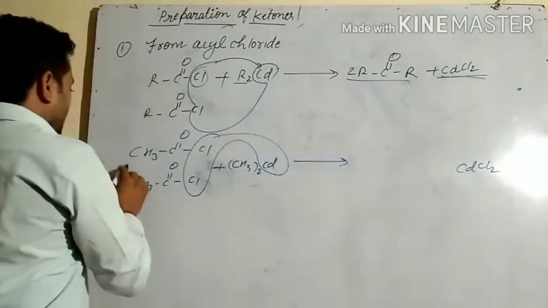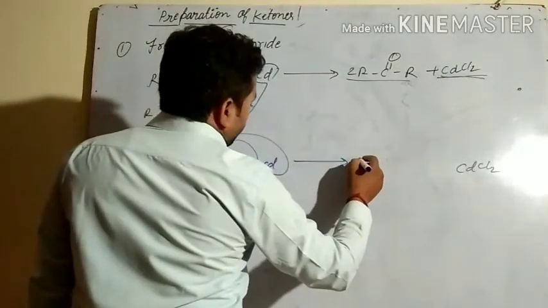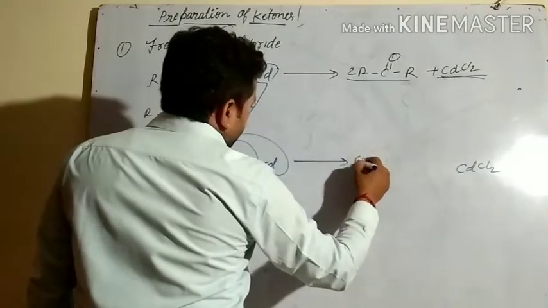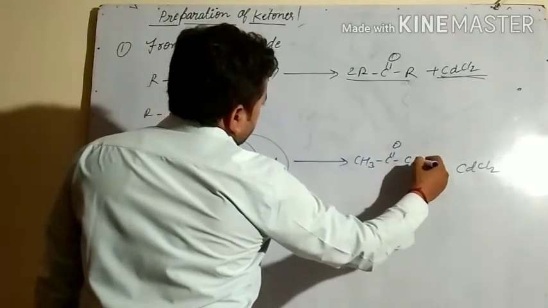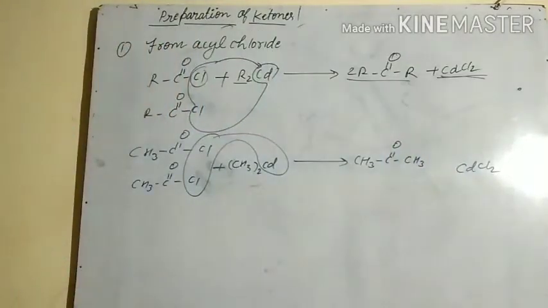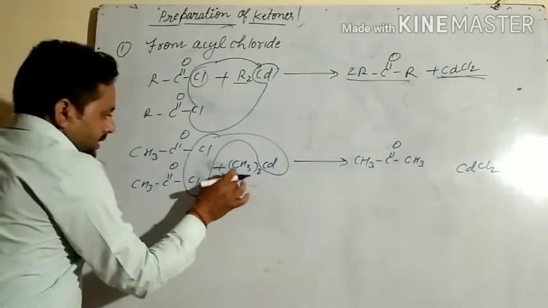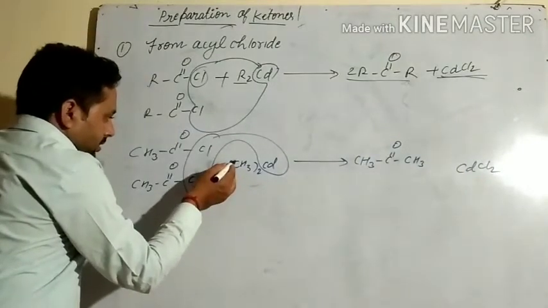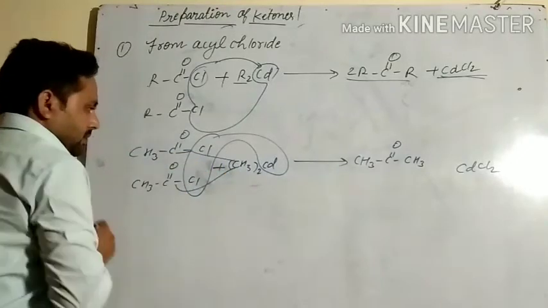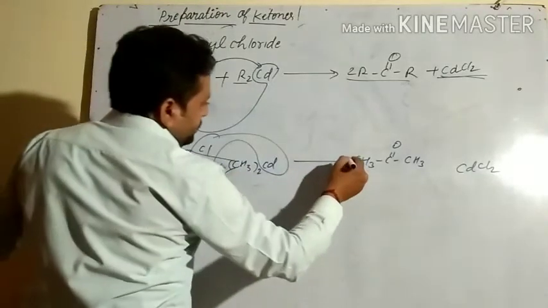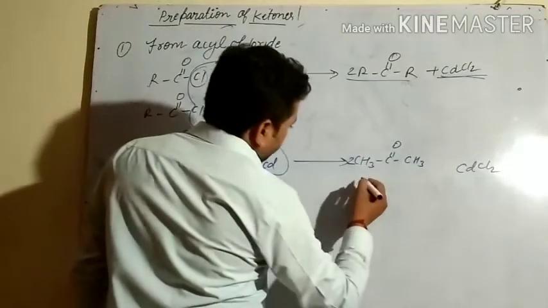What is remaining? RCO. So what will be? CH3COCH3, like this. Okay. Friends, one alkyl from there goes to this carbon and one to this carbon. So we get 2 acetone molecules, and the name of this is